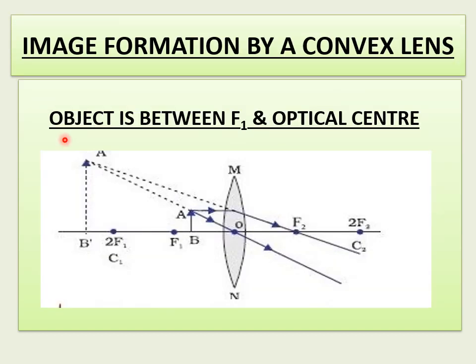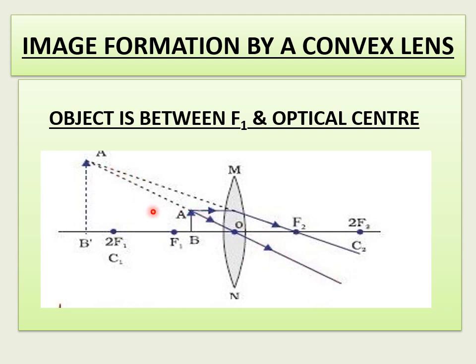Let's see, we have already come to the sixth condition, that is, the object is placed between F1 and the optical center. See here, we are coming near to the lens, children. Remember that. So this is your optic center, F1 to F1 or C1, F2 to F2 or C2. This is your lens. And here also you have to take the rules for completing the ray diagram. A ray parallel to the principal axis, after refraction, passes through the focus. A ray passing through the optic center goes undeviated, or straight.